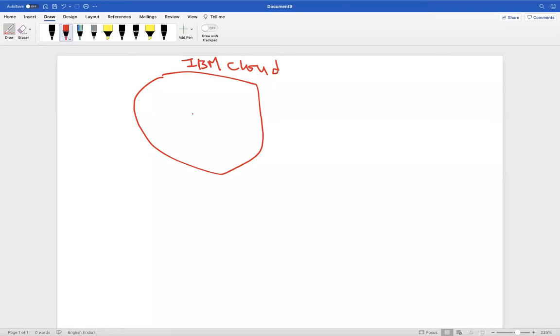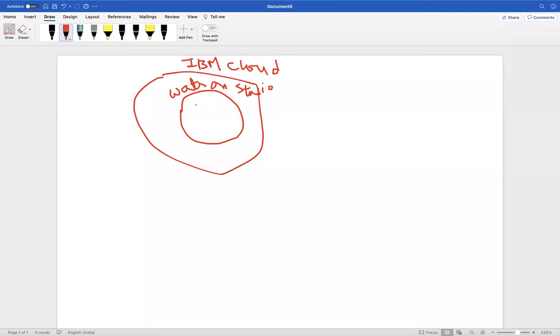Now, inside IBM Cloud, I have asked you to create a service called Watson Studio, by coming to the category of AI and ML. Okay, Watson Studio is the service I have created, right?